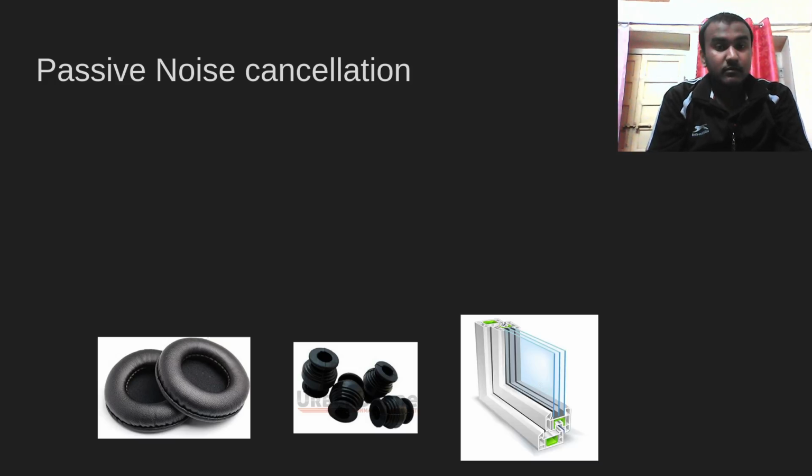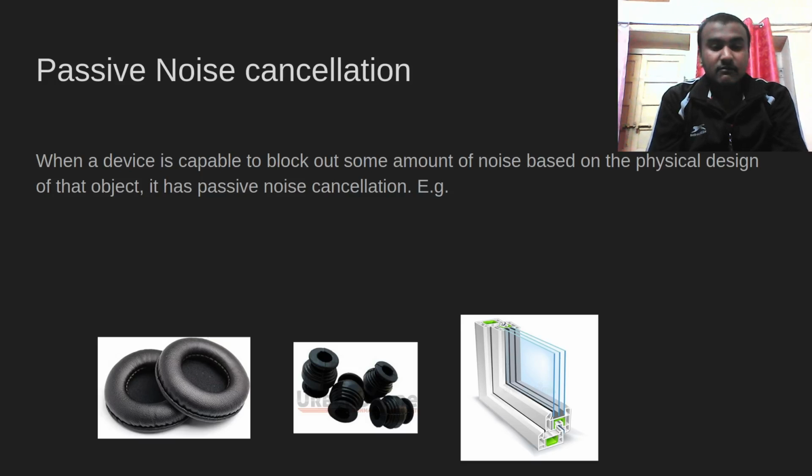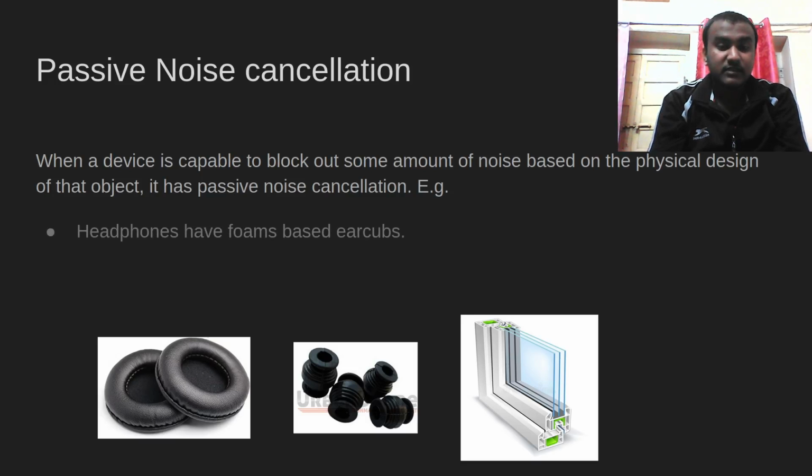So basically the first type of noise cancellation you are going to see is passive noise cancellation. It's when a device is capable of blocking out some amount of noise based on its physical structure or design. Some of the examples that I have given in this presentation: the first one, the headphone